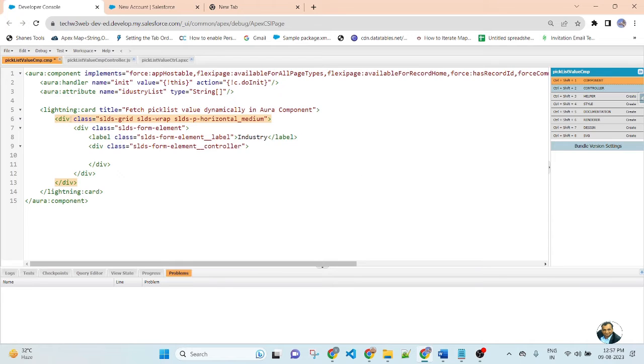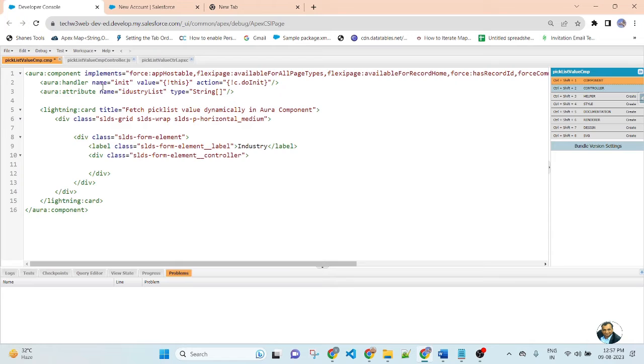Inside the SLDS grid, I will use SLDS size. So here create another div. This div will close here inside the grid. This is the grid. Inside the grid I will use column size, SLDS col. This is the name of the class.